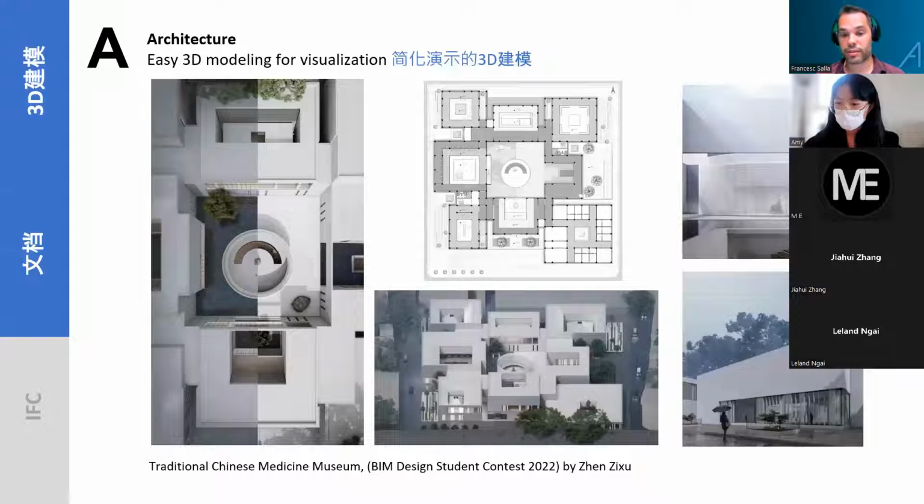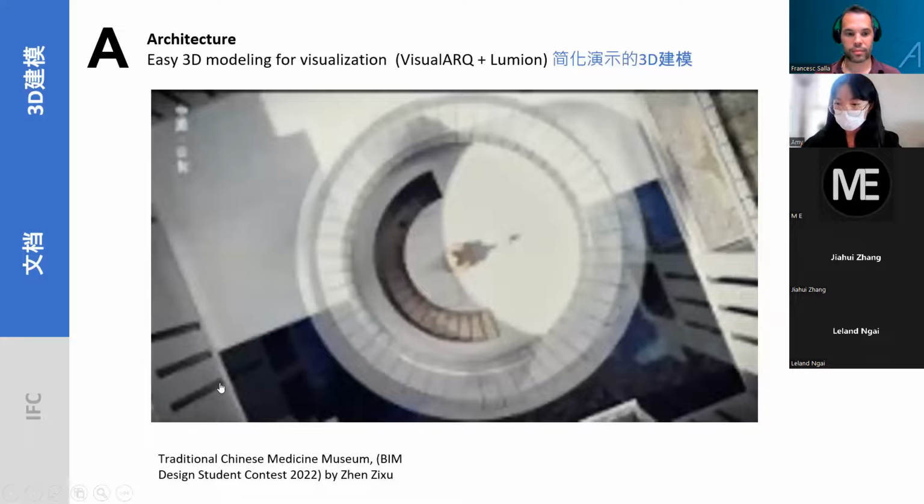And this is a student project from China, by the way, that won a student contest that we organized early this year. And he produced this beautiful project with VisualARQ objects, but also produced all the 2D drawings with VisualARQ. 那下面的这个项目是中国的一个学生在2022年的BIM设计大赛上获奖的一个作品。我们可以看到不同的这个平面图，然后以及它的这个设计出来的这个成品图都可以看到。那这个就是用 VisualARQ 展示。